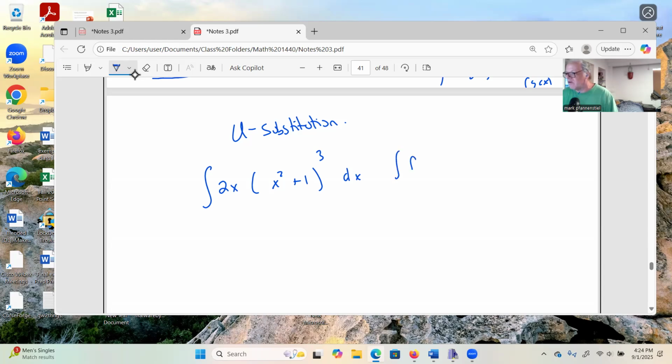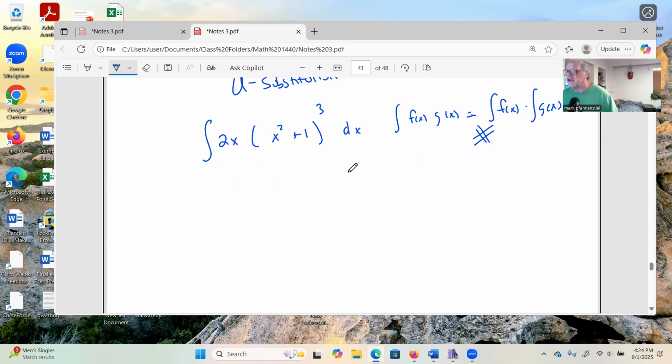Now, a thing you cannot do. If I have an integral of f of x times g of x, you cannot say this is the integral of f of x times the integral of g. It doesn't work this way. You cannot set these equal to each other. So one of the things we could do is multiply this thing out